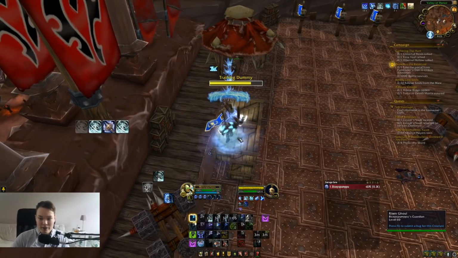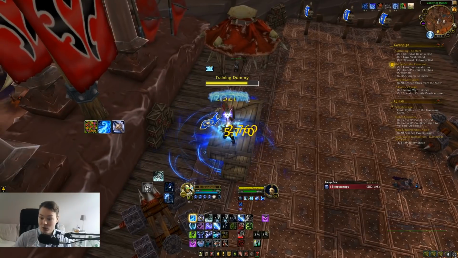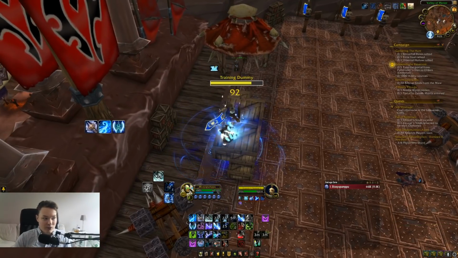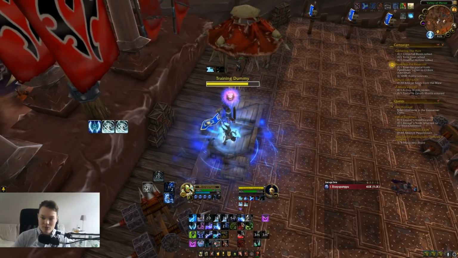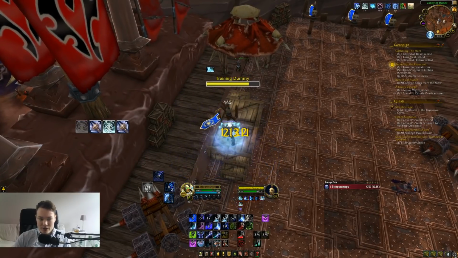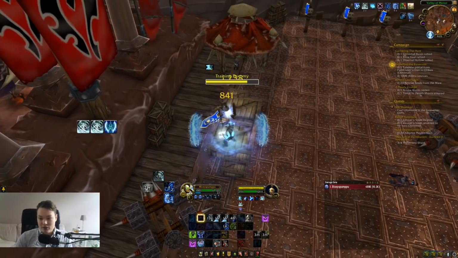We will cover everything essential here that is associated with the rotation. That means looking at the core rotation, procs, the resources we use, all our cooldowns, and then also briefly discussing the Mythic Plus rotation. Jumping straight into it, we have the core Frost Death Knight rotation, and this consists of